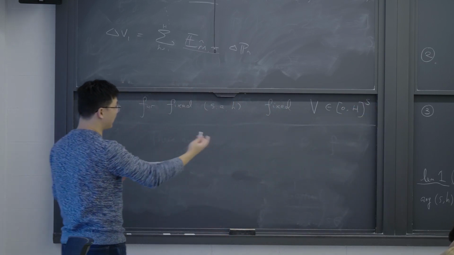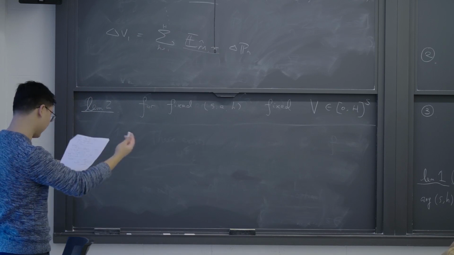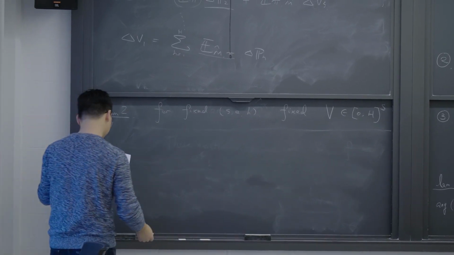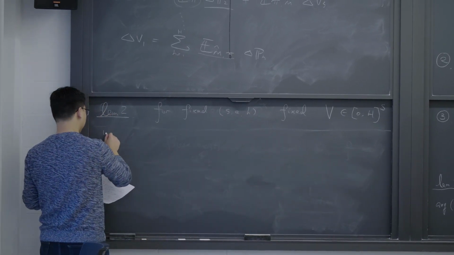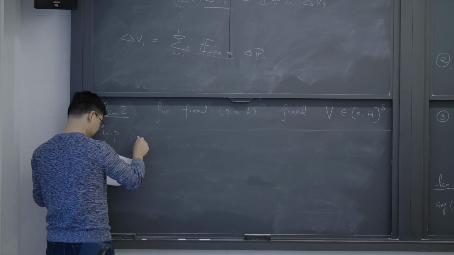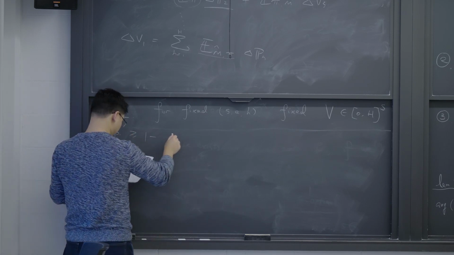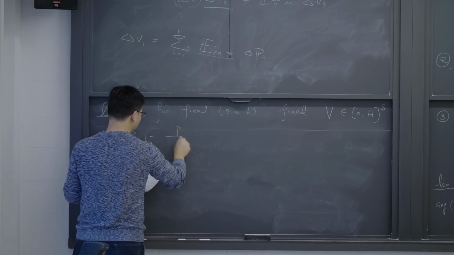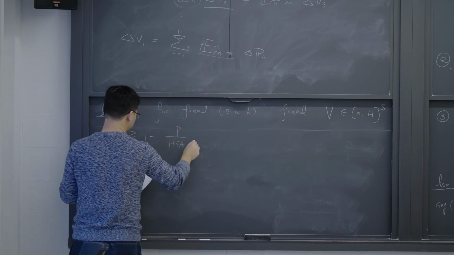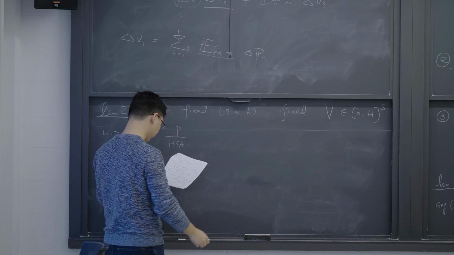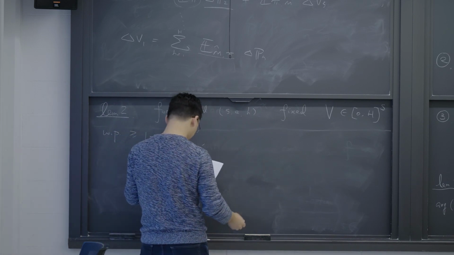That is an S-dimensional vector with values taken from 0 to H. We say with probability greater or equal to 1 minus p over HSA, we have that